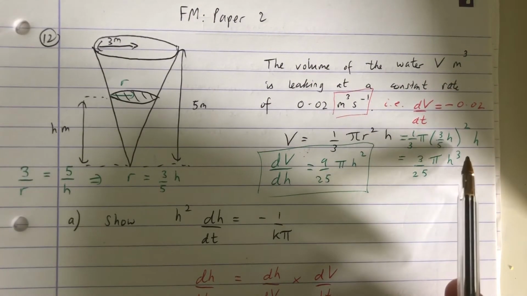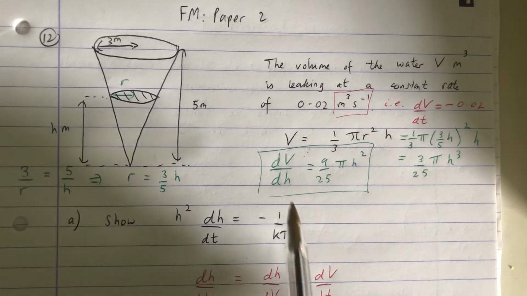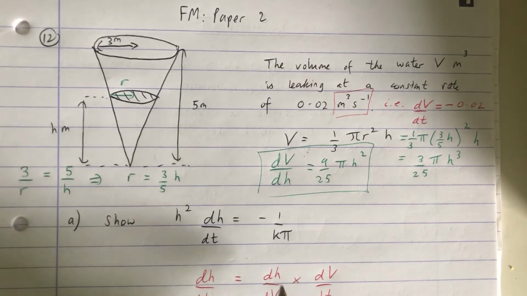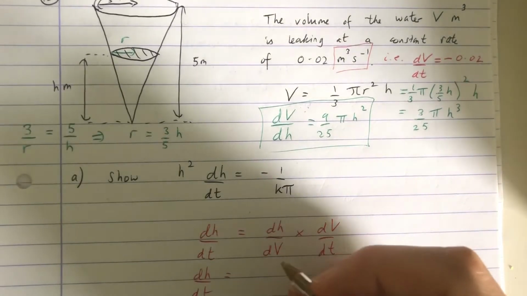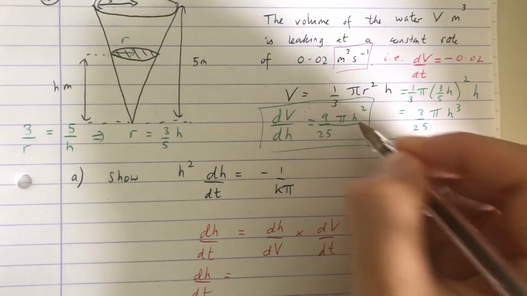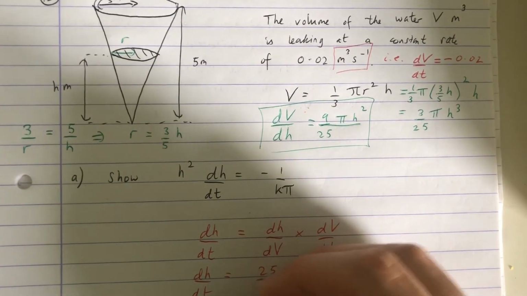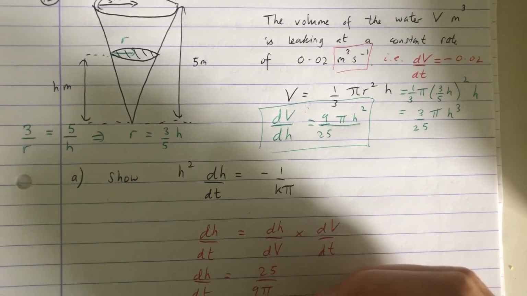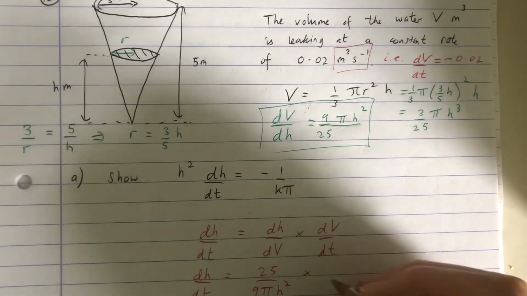Differentiating this now, you just times by the power, knocking off the power. Right, finally we've got dV by dh, but dh by dV is that flipped, so we need to take the reciprocal of that. So that would become, if we wrote it over one giant fraction, everything over 25, it'd be 25 over 9 pi h squared